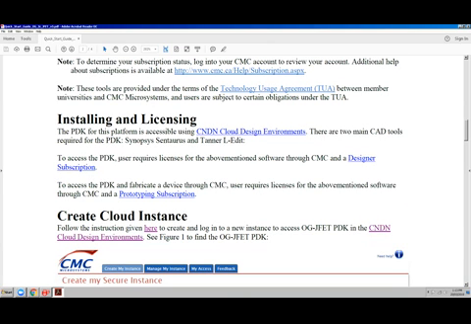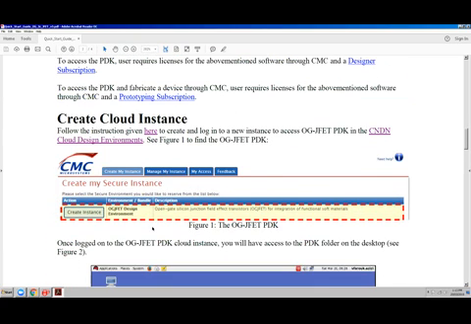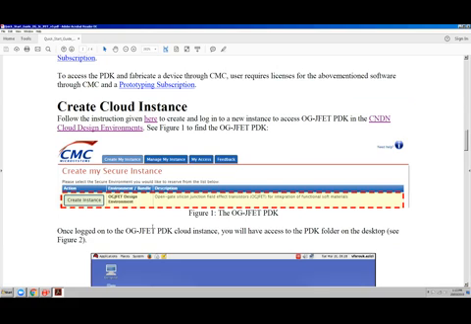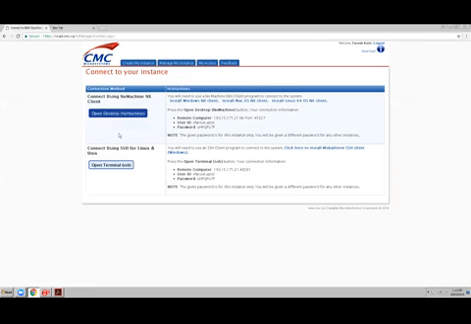To access the PDK, the user requires a license for the two tools that I mentioned, Synopsys Centaurus and L-Edit, as my colleague also pointed out, along with the designer subscription. To access the PDK and fabricate a device, you will need access to those licenses plus a prototyping subscription. In the continuation of that document, you will see the instructions to create that instance. But let's go back here. So once you have